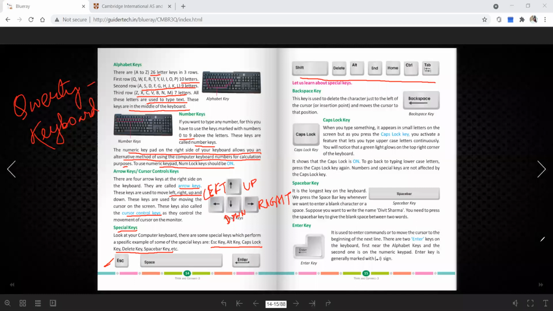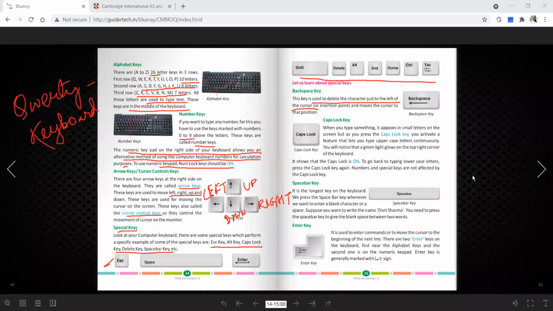What is the backspace key doing? It is used to delete the character on the left of the cursor. Cursor means what I am moving here. You can see the black side, the arrow-like structure, which we can move, right? Here I am moving it by my mouse. This is actually known as the cursor. Mainly the keyboard is used in Word or for entering something like that, and that time the cursor is needed.